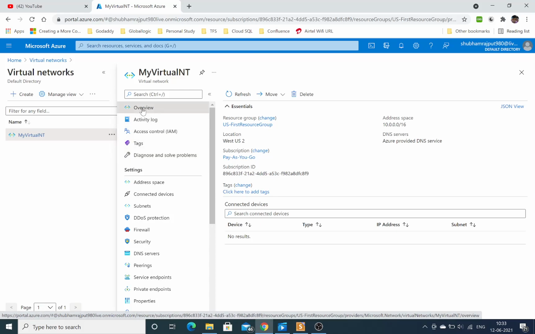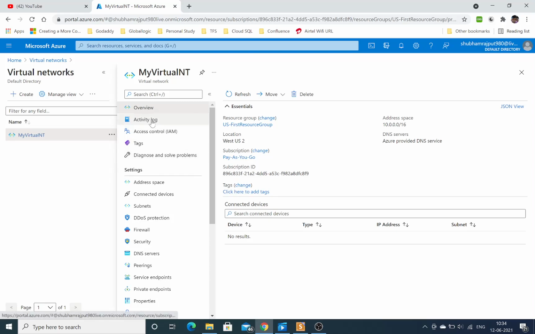The first one is the overview. It lets us know the address spaces, DNS, location, from which location the VNet is created, and the resource group it is located in. You can see the subscription, and you can change it also. If there is any tag, it will show over here.